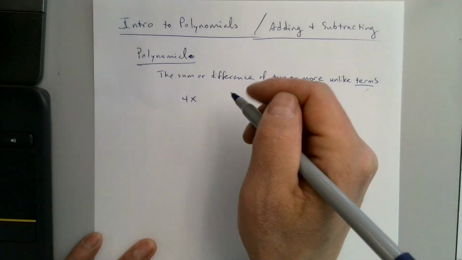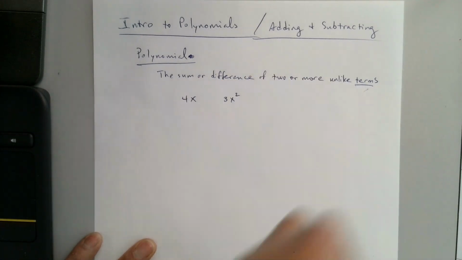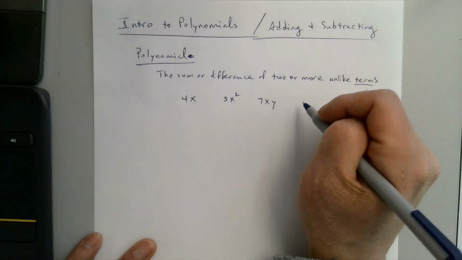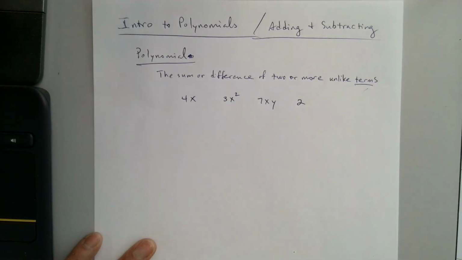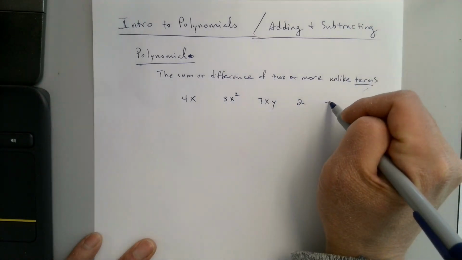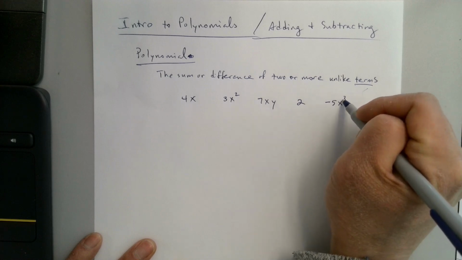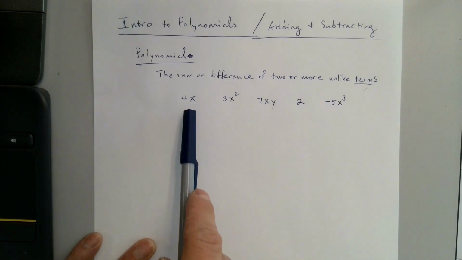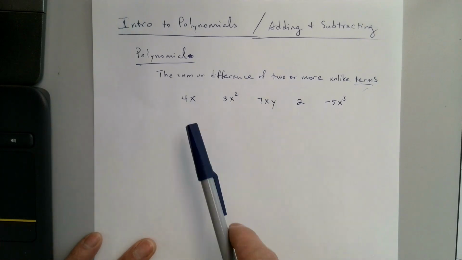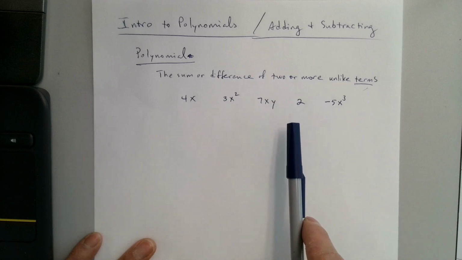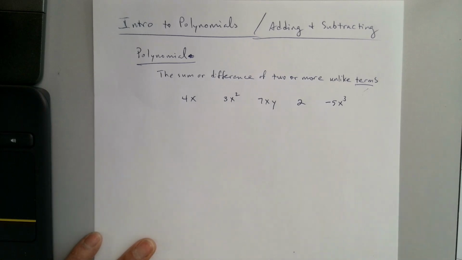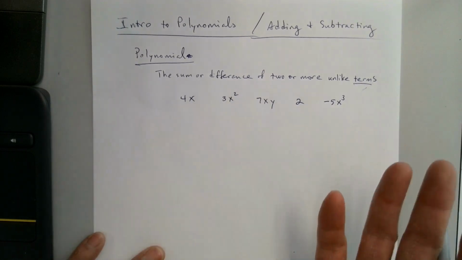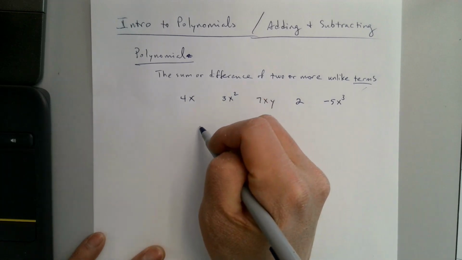4x, 3x squared, 7xy, 2, negative 5x to the third. These are all examples of terms. And I picked 5 terms that were all unlike, meaning they're all different from each other in a certain important way. And if I take any two of these terms, or more than two of these terms, and I